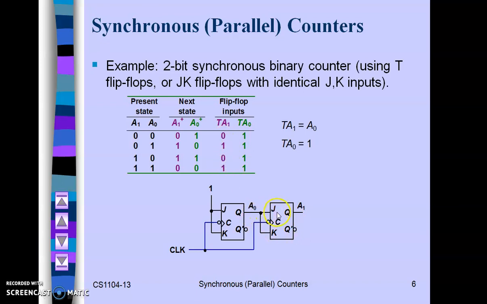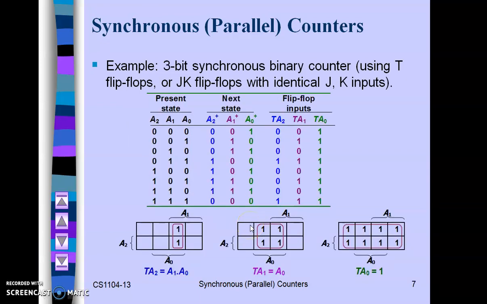So it's toggle input for the next, and it gives the toggle output by the A0 like this: 1 0 1 0 like so. Depending on that, we can connect the A0's output to the next flip-flop as an input. So here TA1 is equal to A0, meaning the output of the first flip-flop is connected as an input for the second flip-flop, and the first flip-flop will accept the high input, and here the clock is given parallelly to both flip-flops.